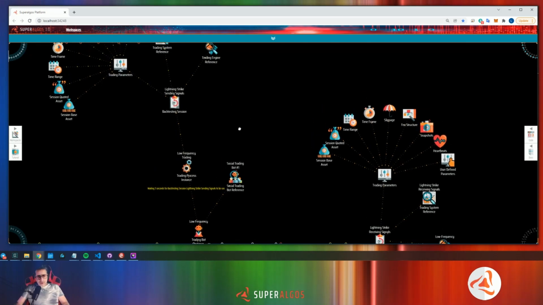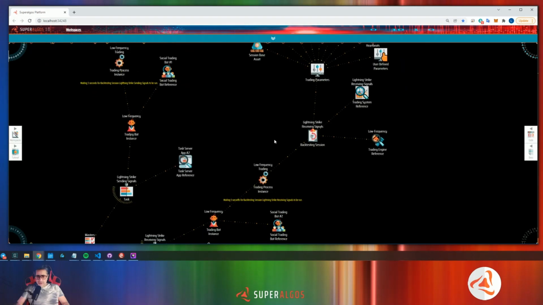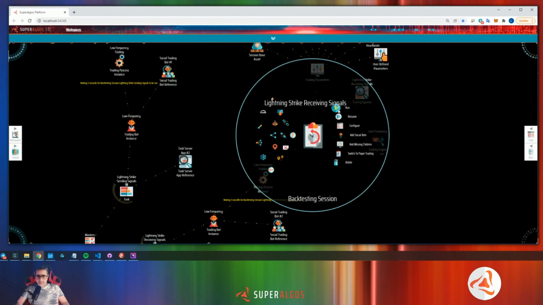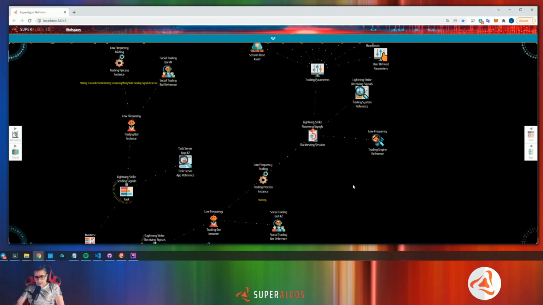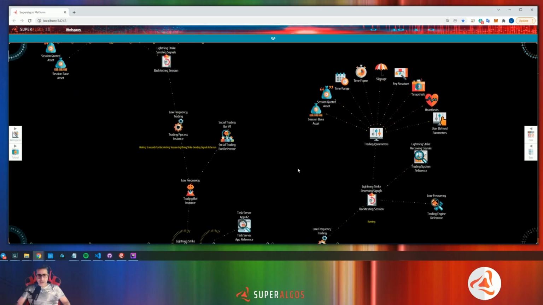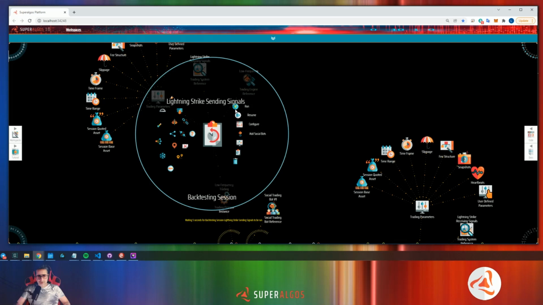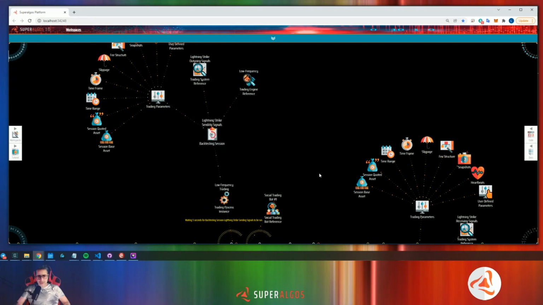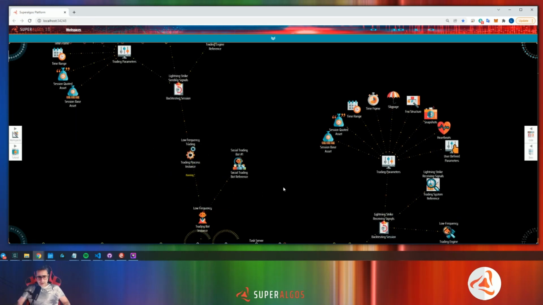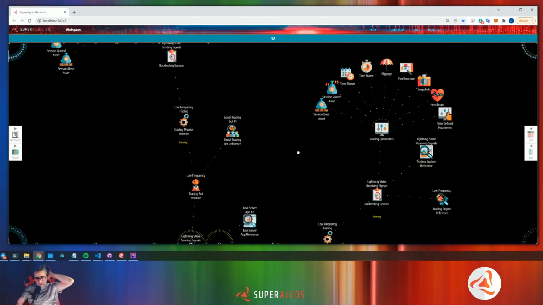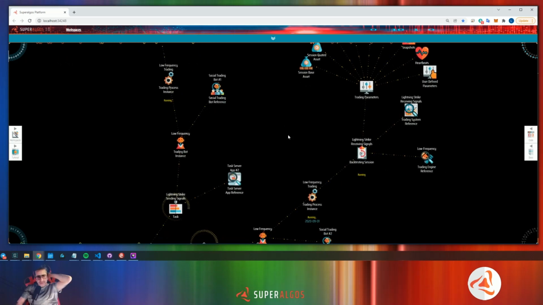So then the next thing to do is we're going to use this session to listen to the signals. So this is going to start running, but it's going to get stuck. This is the lightning strike strategy that everybody knows, running on September 1, 2020. Okay, and then I'm going to run the session for sending the signals. So here we go. You will see here that